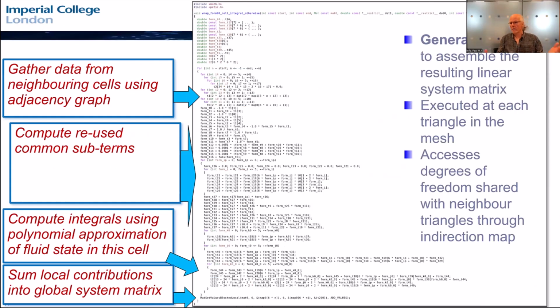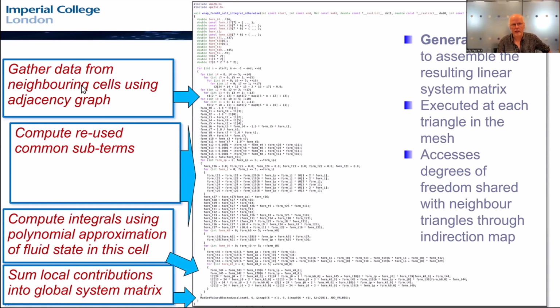All right, what's the compiler do? Well, it generates C code, or perhaps CUDA code. This is a simple example, and I'm not expecting you to answer questions on the detail of the code I'm showing you here. Of course, in complicated examples, this gets much, much more complicated, many, many pages of code.